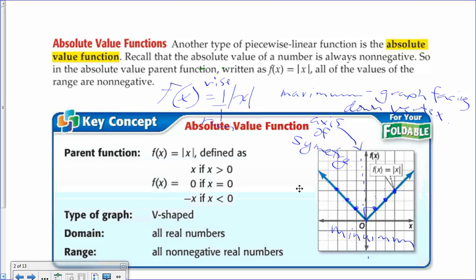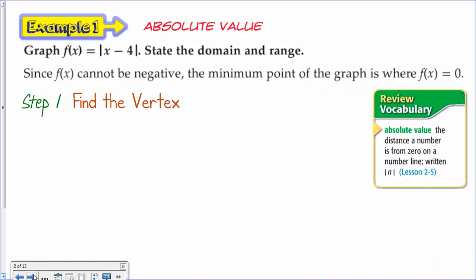Okay? Alright, so if I'm going to use an input-output table, the first thing I've got to find on an absolute value function is what? The vertex. Okay? The way I do this is, now you understand absolute value, the answer always has to be